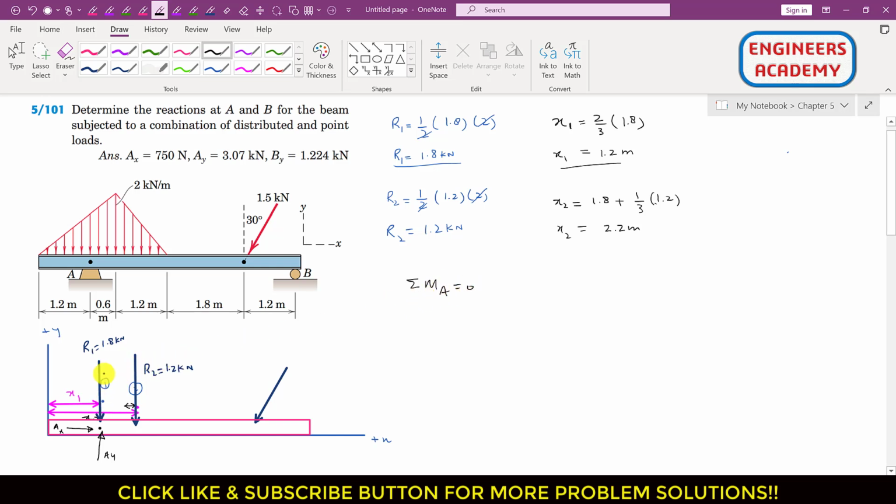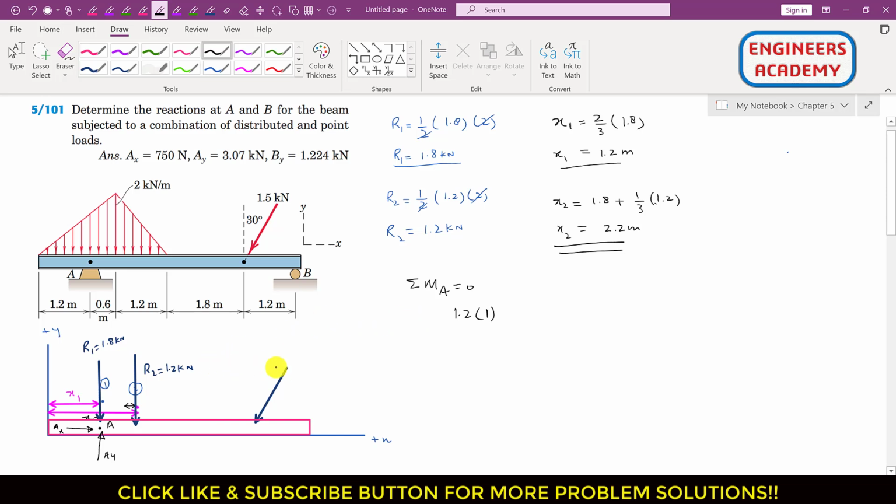as we can see, this R1 is passing through this point A, and these reactions AX and AY are passing through this point A, so they will not produce a moment about this point A. R2 is producing the moment about that point A. So I will write R2, and R2 magnitude is 1.2, so I will write 1.2, and the perpendicular distance of this 1.2 kilonewton force from this point A is how much? This whole distance x2 is 2.2, and point A is at a distance of 1.2, so 2.2 minus 1.2. So the distance of this R2 from this point A is 1 meter, so I multiply this with 1,